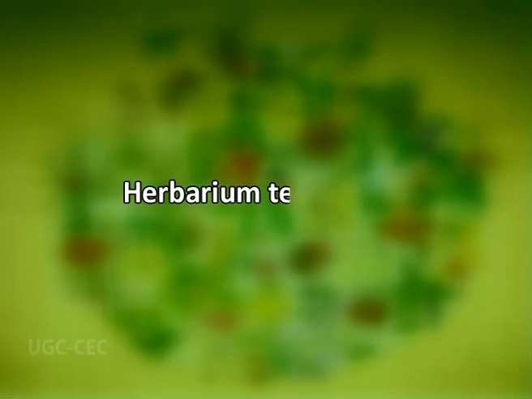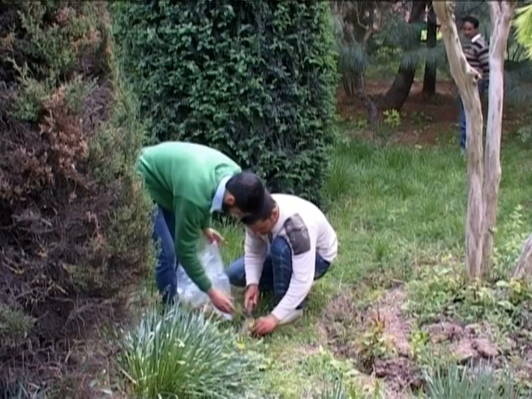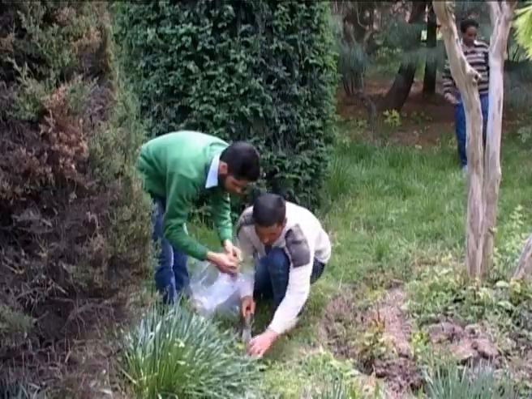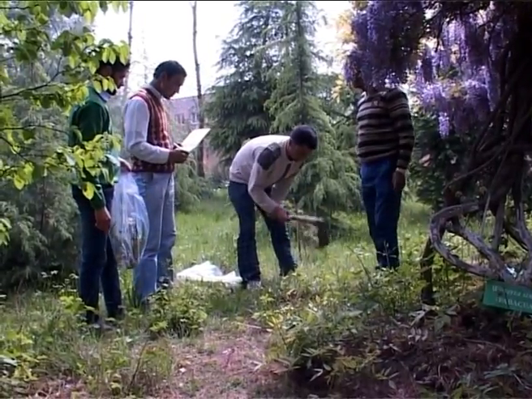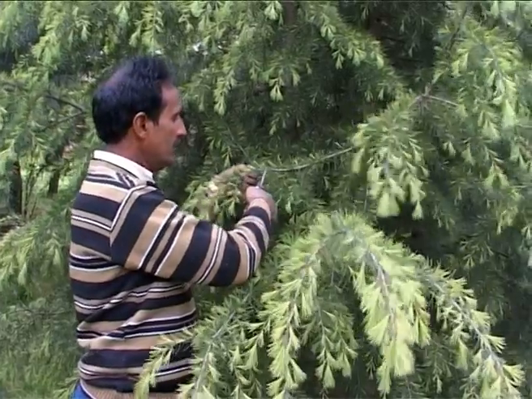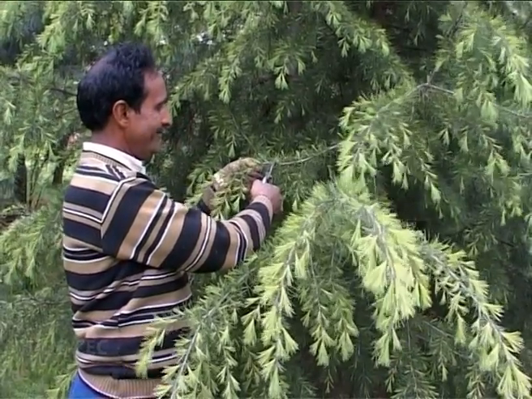Now let us discuss the various herbarium techniques. The herbarium techniques, they involve various steps. Out of all these steps, the first step is field collection, that is the collection of plants from the field. It becomes important for a plant collector, a taxonomist, to record certain facts while collecting the specimens from the field. This information must be associated with the plant collections.